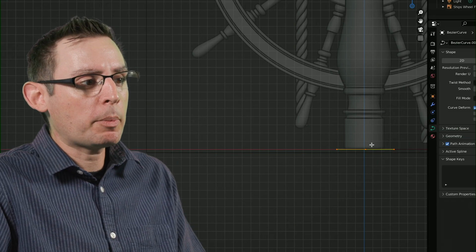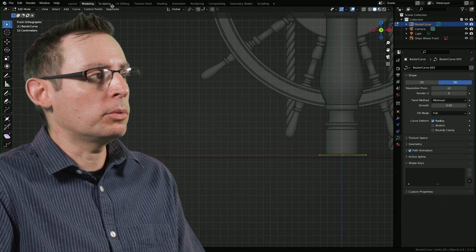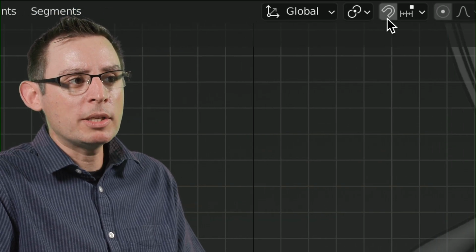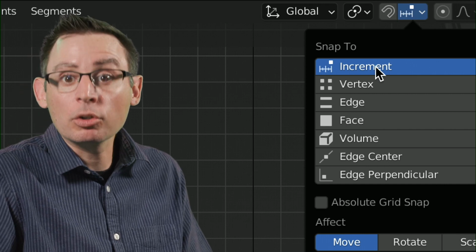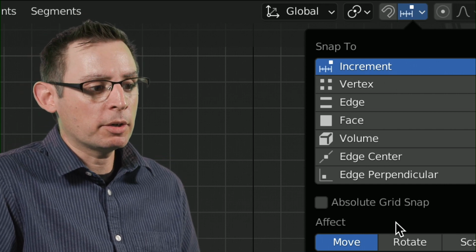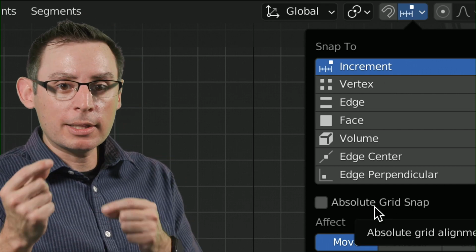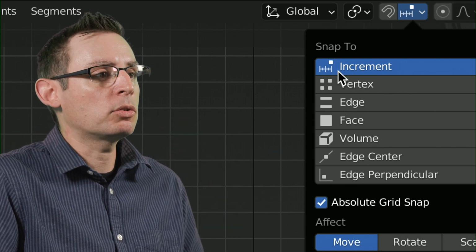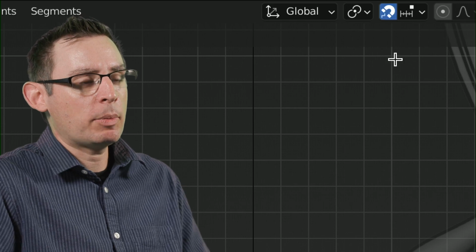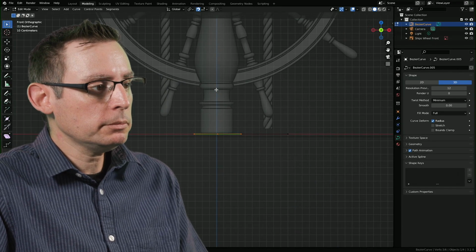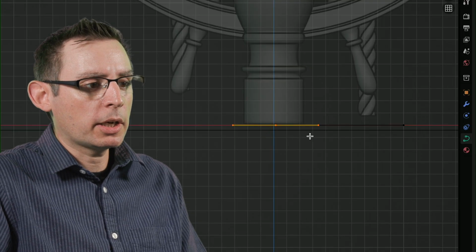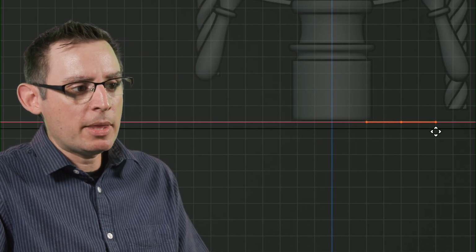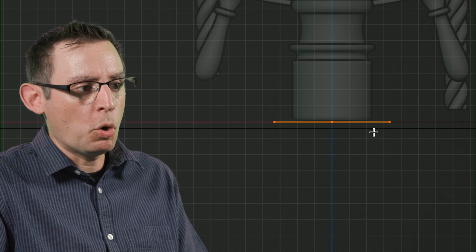So this is a perfect opportunity to turn on our snapping tools. And of course, naturally, you can find our snapping tools way up here. We're going to use some grid snapping, also known as increment snapping, here inside of Blender. And to ensure that our dots get snapped to the actual visible grid lines, let's turn on absolute grid snap and then activate the snapping engine by hitting the magnet. Now, when I hit the G key, hit the X key, now it's snapping that point to the grid. Boom, right there, that's what I want.